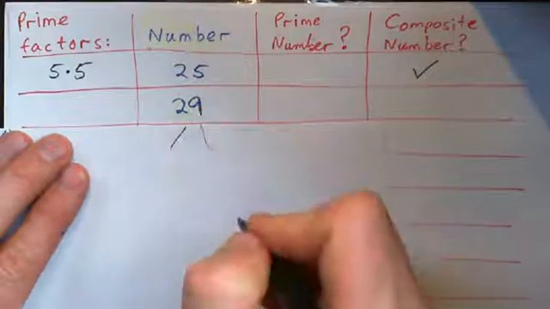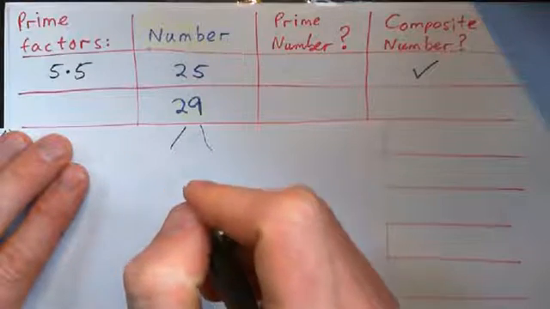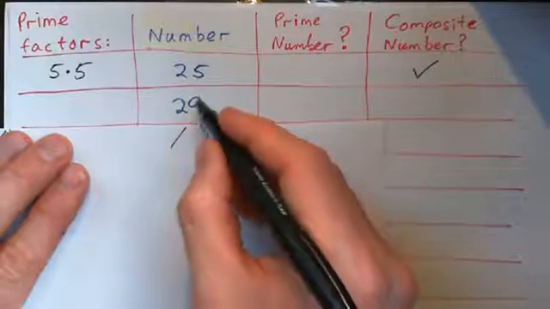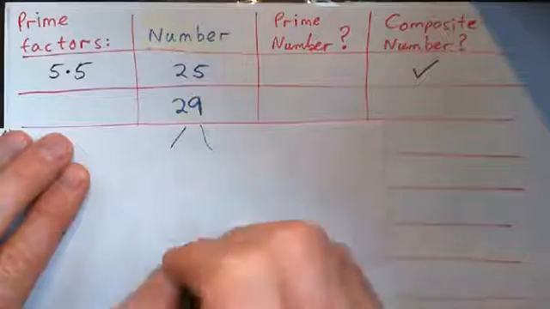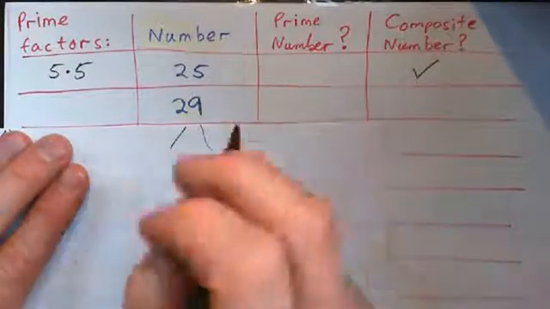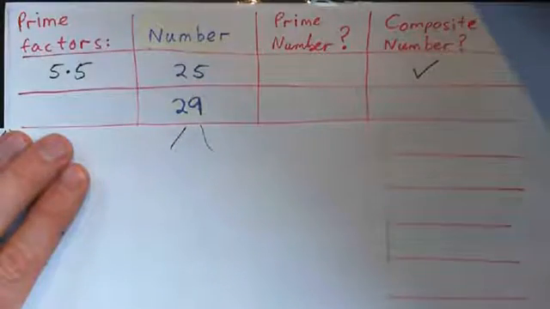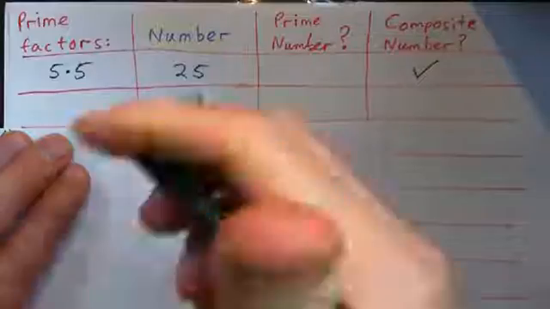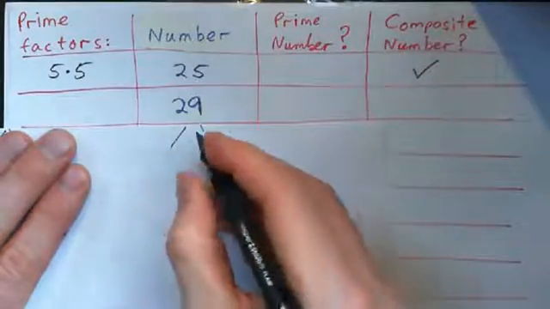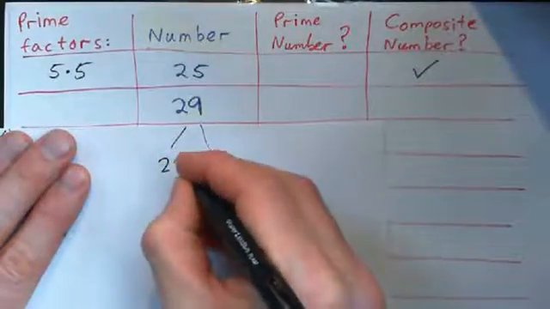Does 4 go into that? No. 5 doesn't go in because it doesn't end in a 5 or a 0, right? 6, 7, 8, 9, 10, no. So basically this is a prime number because the most we can split it up into is simply 29